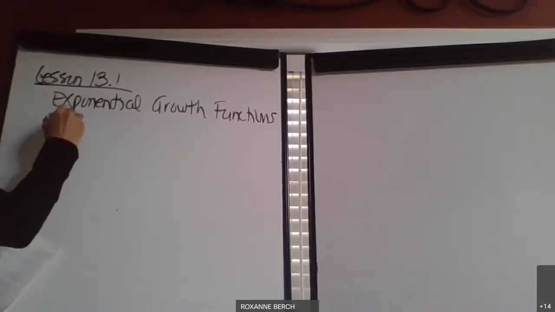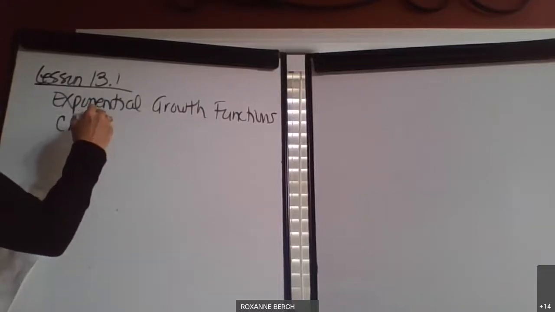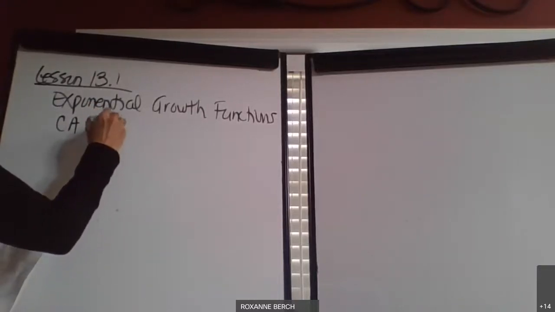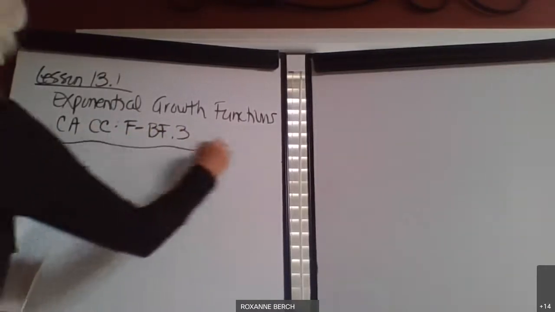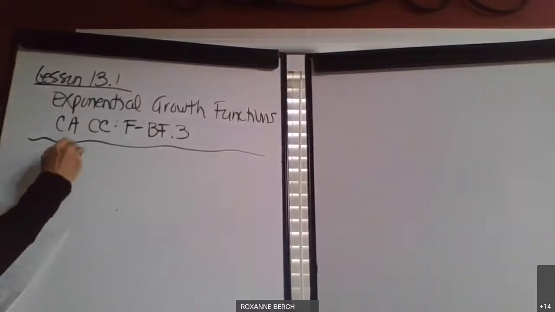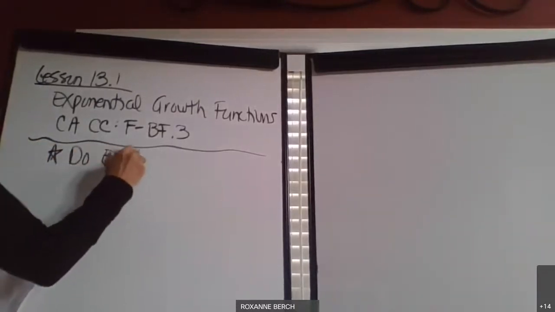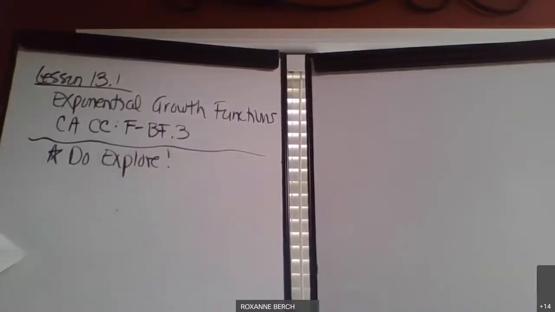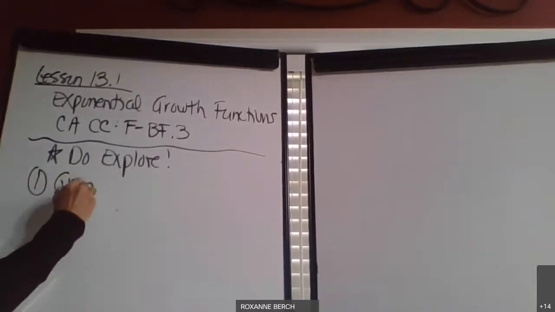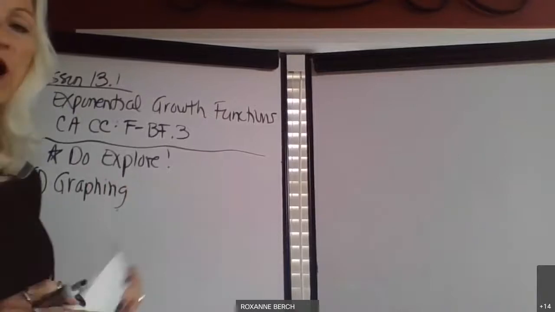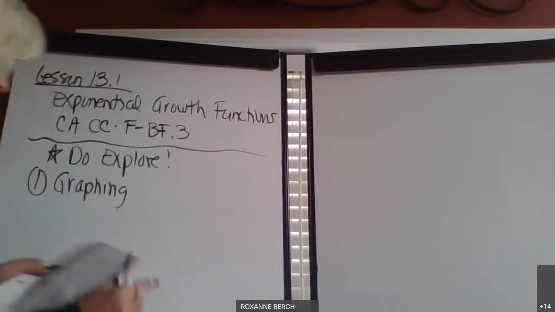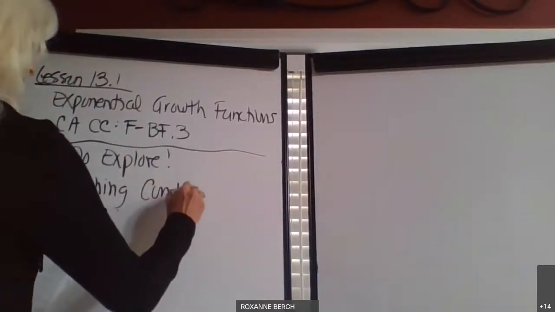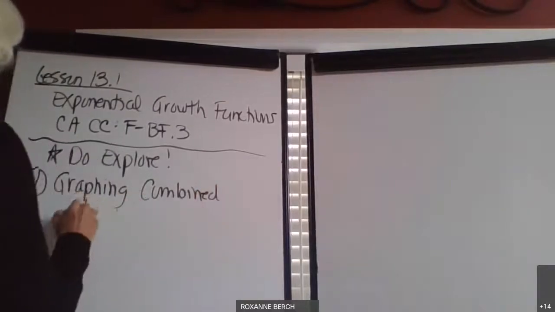So this is California Content Standard F-BF.3. I do have a note to make sure you do the Explorer. And the first objective is we're going to be graphing combined transformations. In other words, they're going to be more complicated than transformations we've had in the past, because you've had transformations extensively in here thus far. So, combined transformations